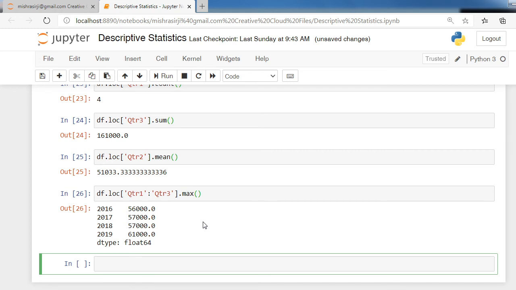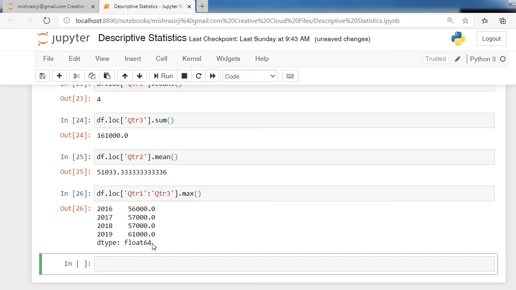So we have received maximum values from all columns, belonging to the range of rows from qtr1 to qtr3.